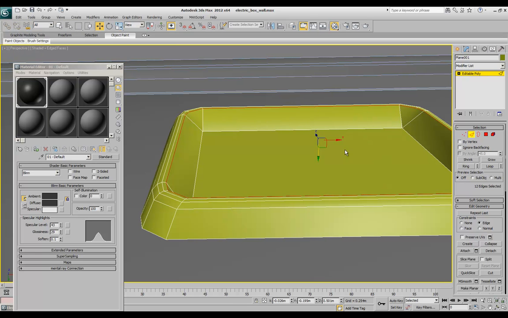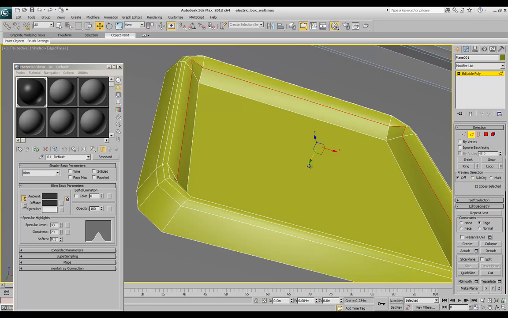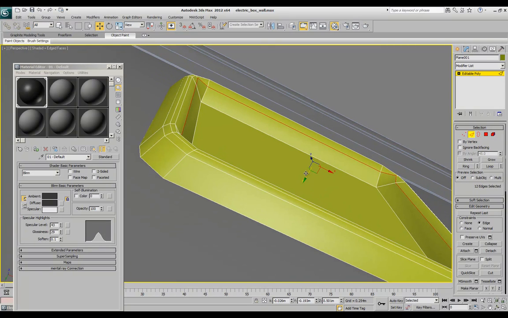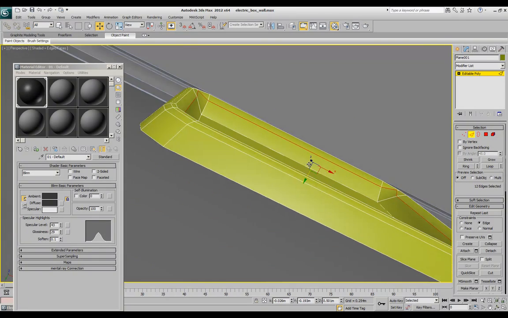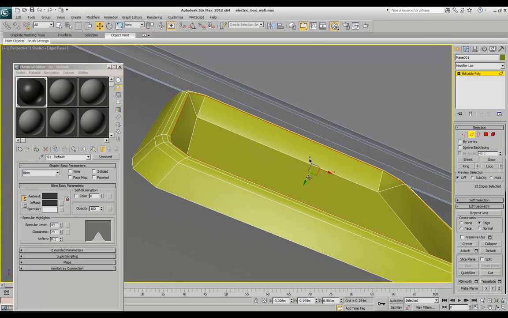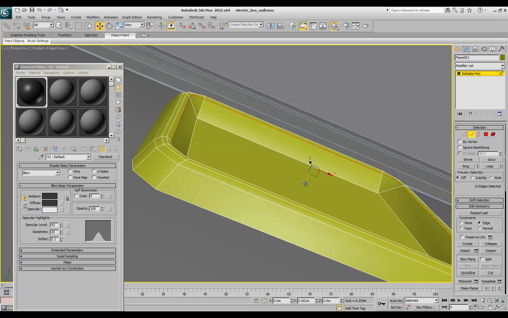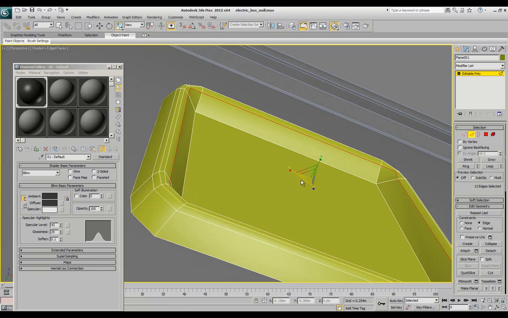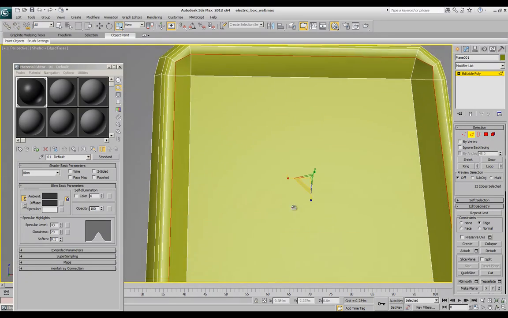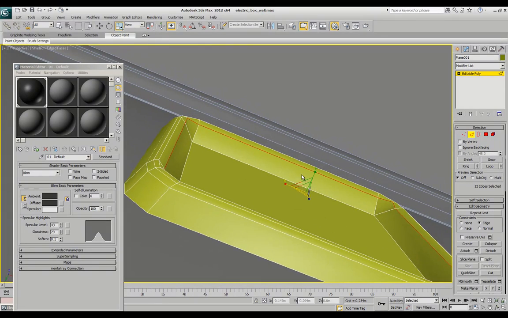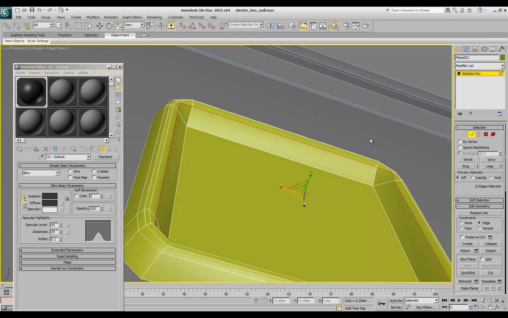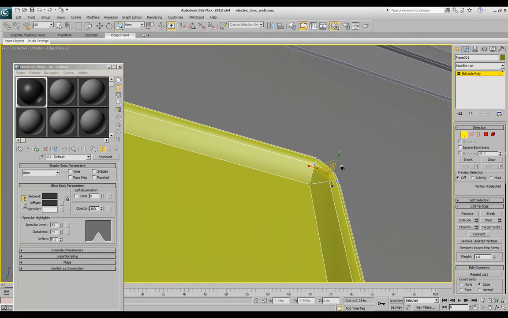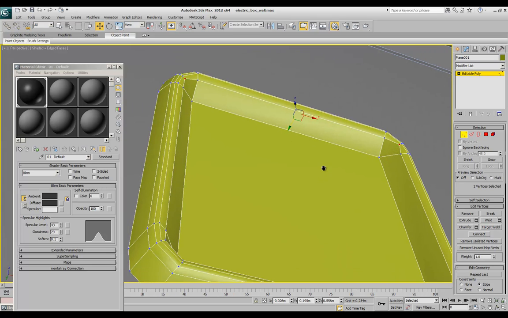Now constraint set to edge, and we see that it's not moving the right way because we have some strange polygon angle there. But we will simply move them manually. That's not a problem. The thing is, you want to spread your density the right way so everything smooths correctly. So here I'm trying to scale it, but it doesn't help apparently. So I should simply do it manually. Select the verts and make sure I'm moving them in the right